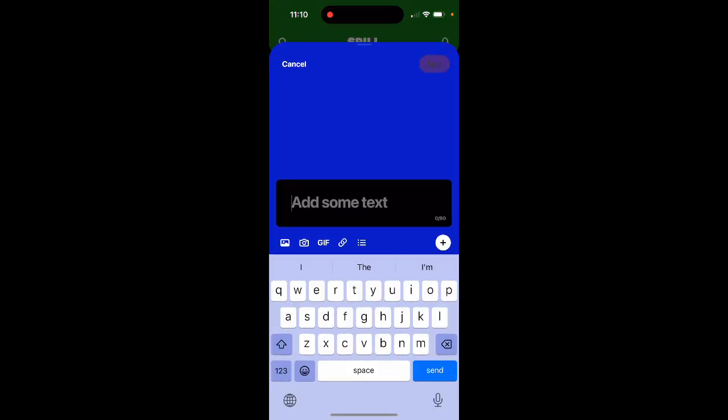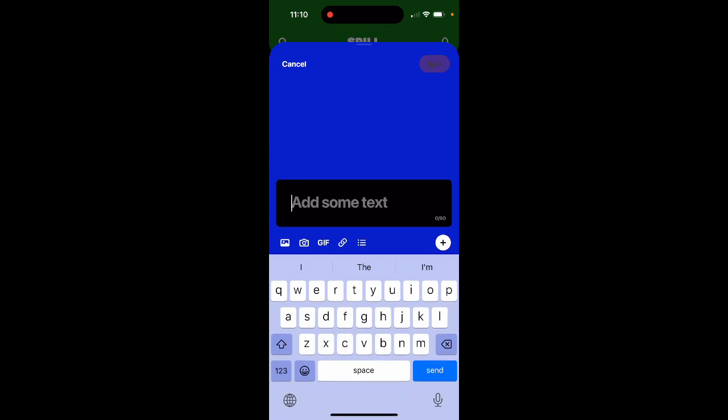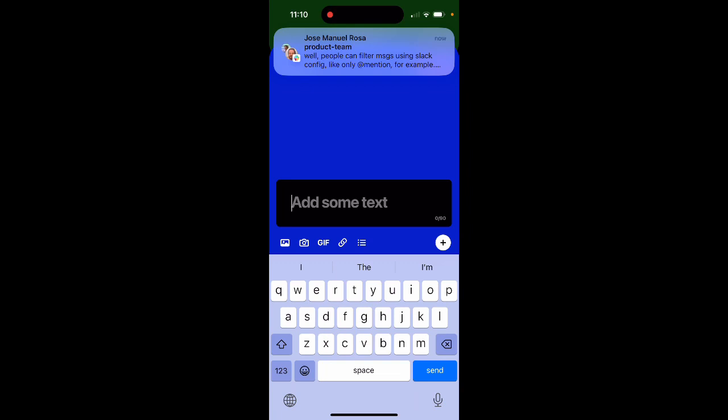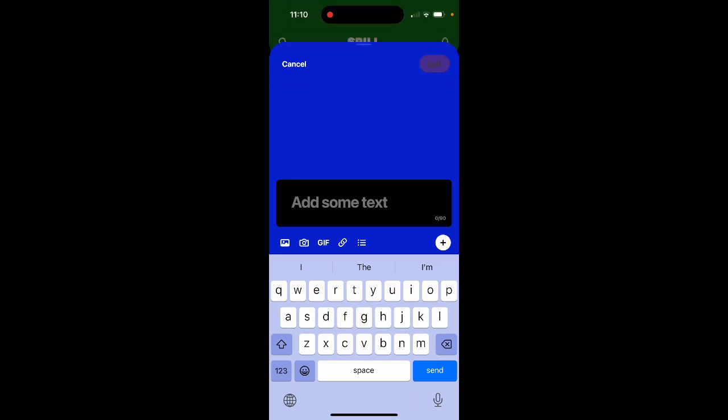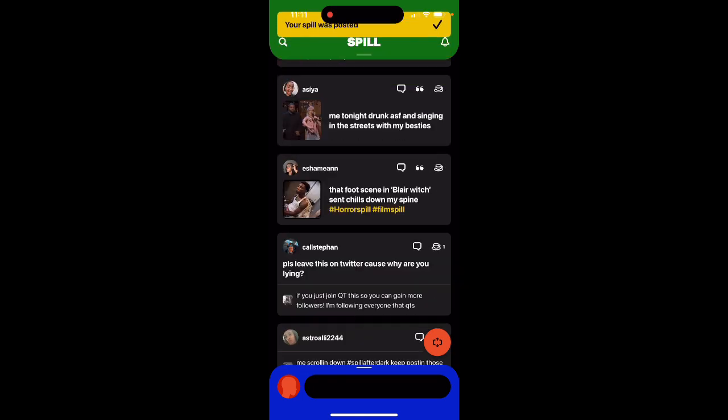And then if you want to post something, you can just tap in the bottom where you can add some text, you can add some images, you can enter polls, and then you can just send a message, and then yeah, you will just see here the message like that. And there is like the message limit, 90 characters, and then you can also add a thread, as I understand. So you can just keep adding those threads, and then you can just tap spiel, and that's basically how you tweet. So tweets here are called spiels.